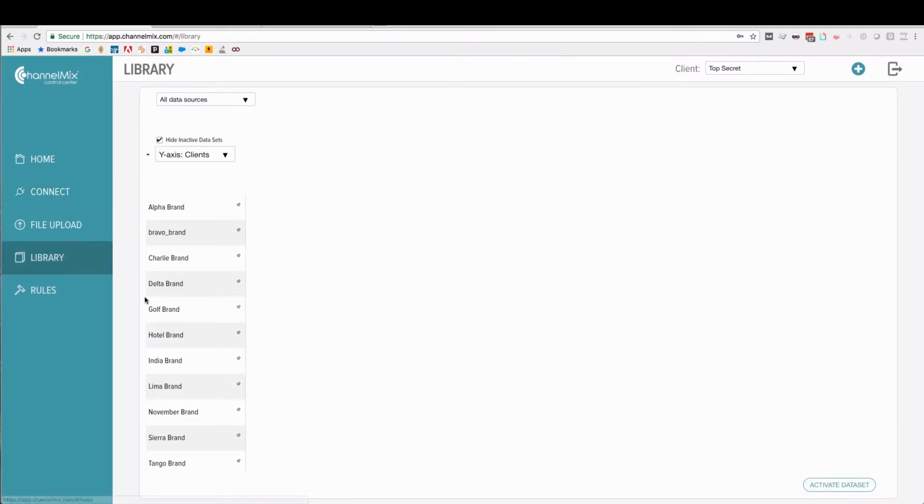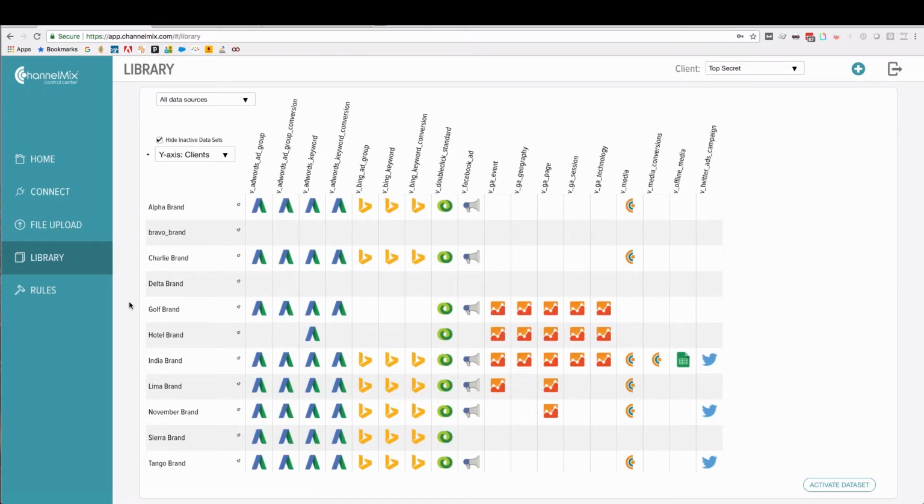Remember that once data comes into a warehouse, it still has to be normalized. Our approach is that we do a lot of that management, normalization, and blending for you. However, the user does have a lot of capabilities that help them manage data day to day. Here you can see that we're looking at the library screen. And the library screen is essentially a way for me to understand all of my data in one place.